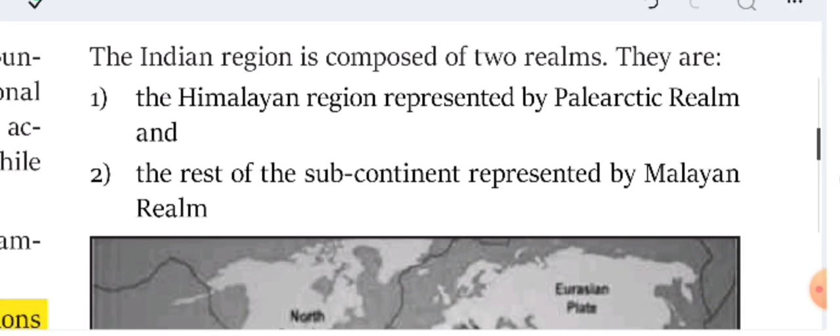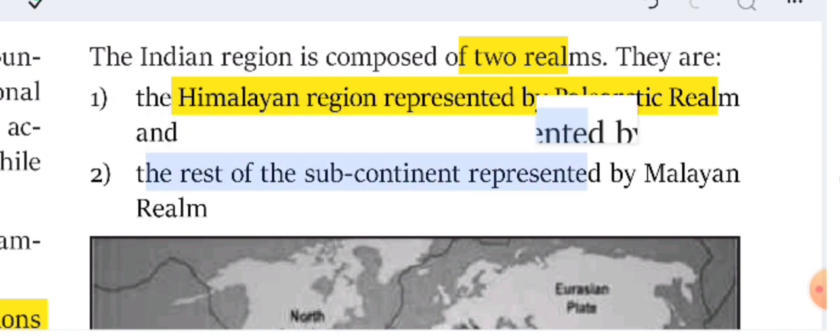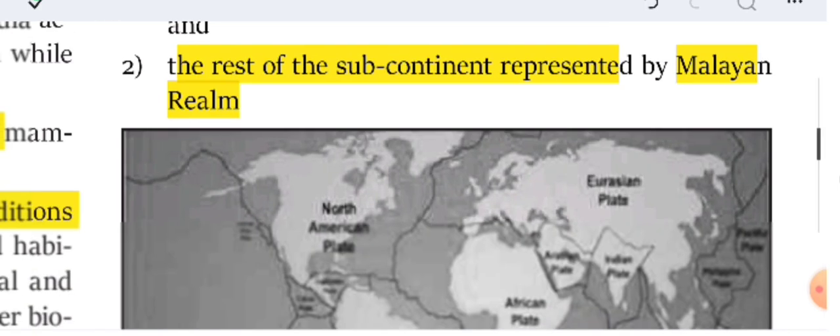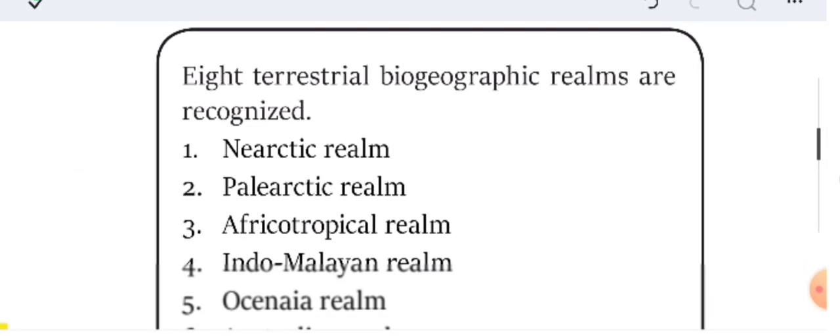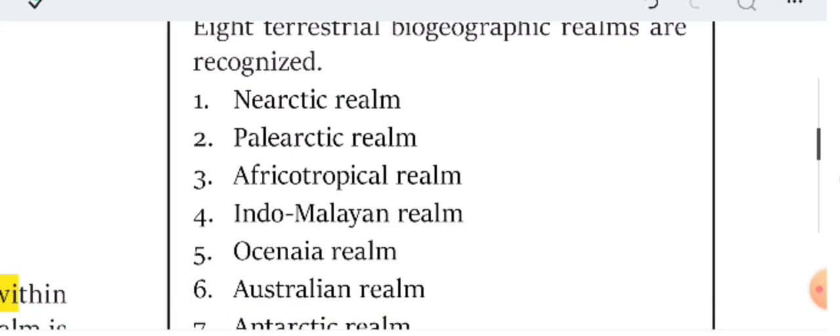Now India region is composed of 2 realms, like Himalayan region represented by Palearctic realm and the rest of subcontinent represents Malayan realm. ठीक है, so Palearctic and Malayan realm, and Himalayan region represents the Palearctic and the rest of subcontinent represents the Malayan realm. Now here 8 terrestrial biological realms are recognized: Nearctic realm, Palearctic realm,